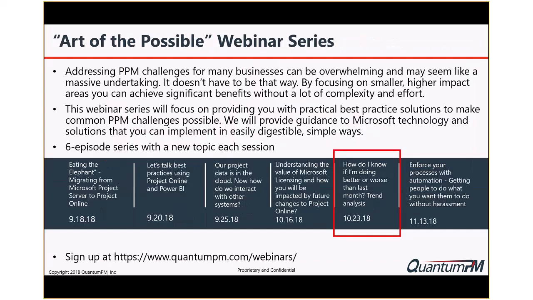And this one is the fifth in a series called The Art of the Possible. So trying to make all this complexity around the tools that come into play a little bit simpler to take care of, to manage those, and to make sure that you're successful in what you do with your projects. It's really not about the tools, it's about you getting your work done.